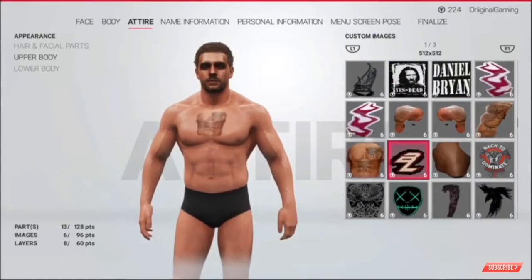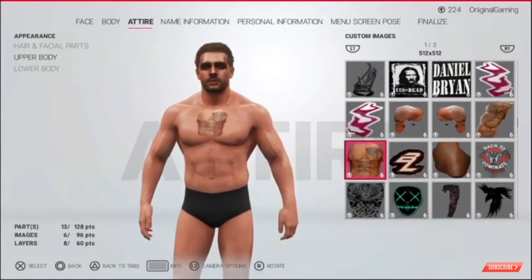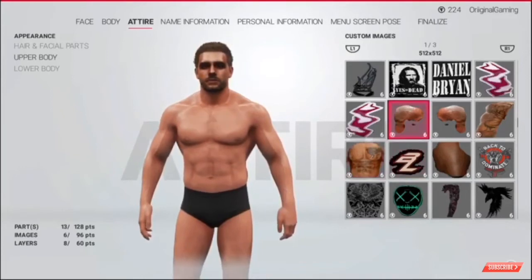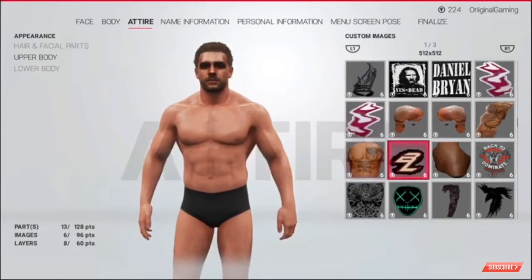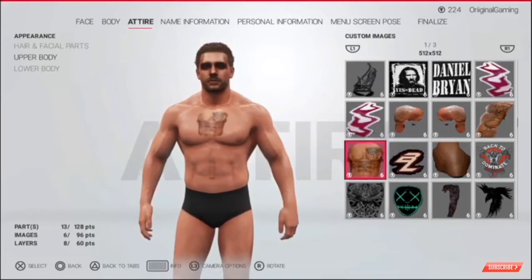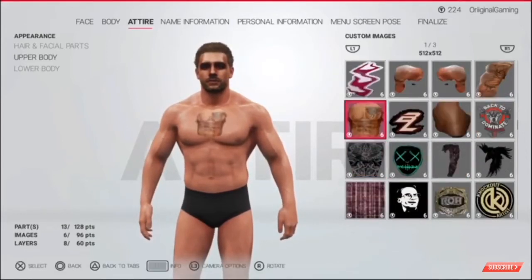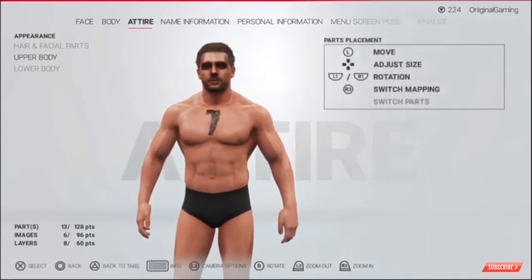Also, if you download something like AJ Styles, you can have his tats. This is not the tats from AJ Styles. I don't know whose tats this is. I think it's Leo Rush. Yeah, it's a tat from Leo Rush, so we can use the tats from Leo Rush also on this wrestler. Not going to do that. Some tats like this you can also download on community creations. Go ahead,